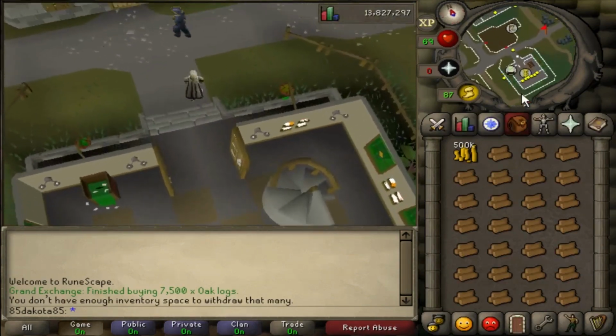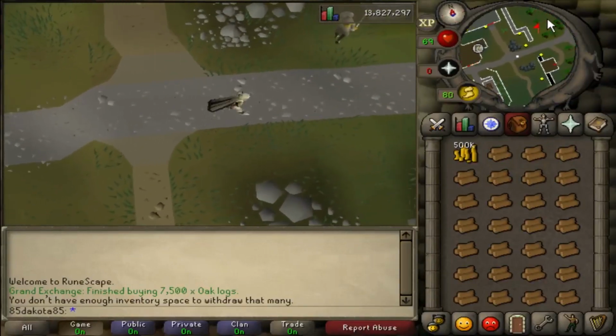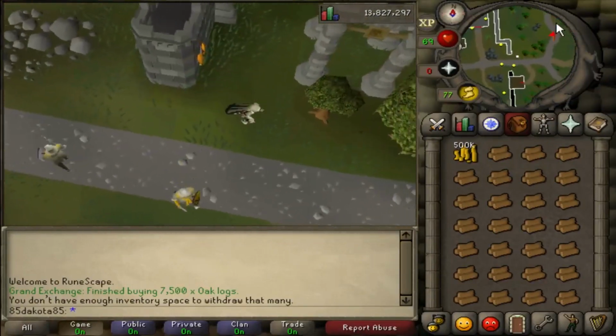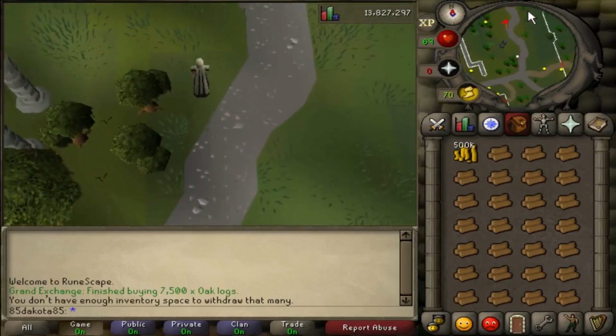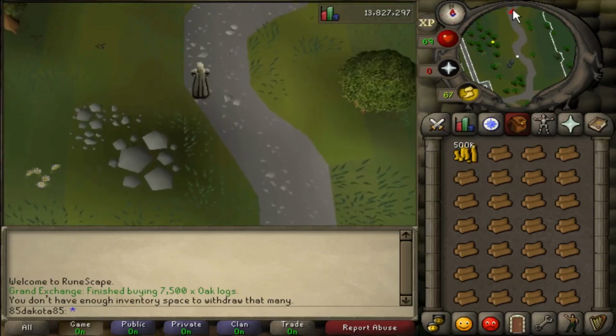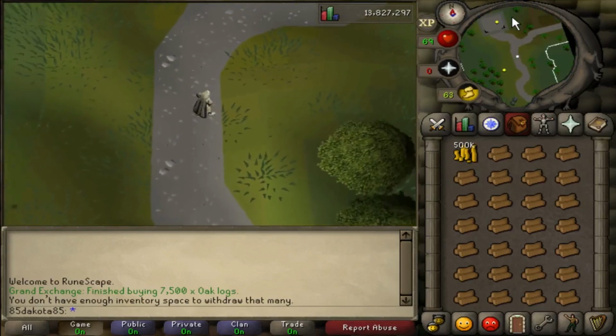Alright everybody, this is not the first time you've seen me run these oak logs up there and make some oak planks, so you know how it works. It's basically just going to be running back and forth and back and forth. I'm going to be using these stamina potions occasionally to keep my run as full as possible. I believe I can do about 1,000 an hour. If you're really pumping it out, you can get up to 1,100, but I don't like to expect that I'm